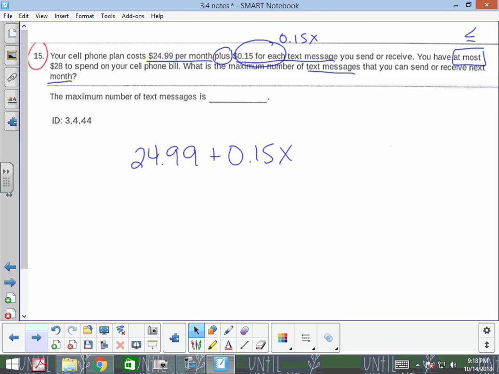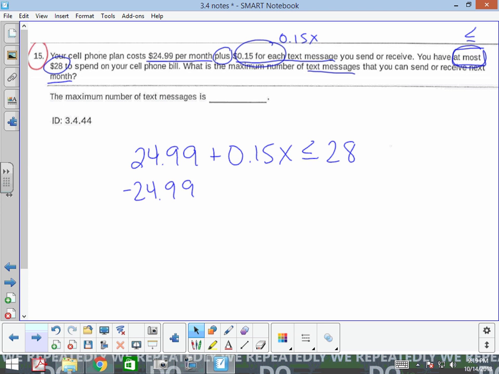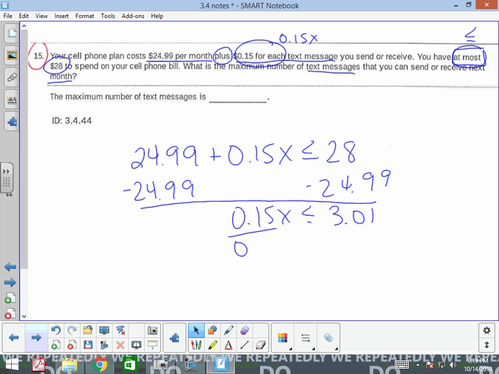All right, at most is less than or equal to, and then it was $28 is the total amount of money we can spend. So we don't want to go over $28. So we're going to subtract $24.99 from both sides. And we get 3.01. Divide by 0.15. And we get less than or equal to